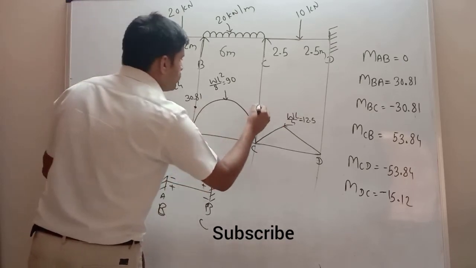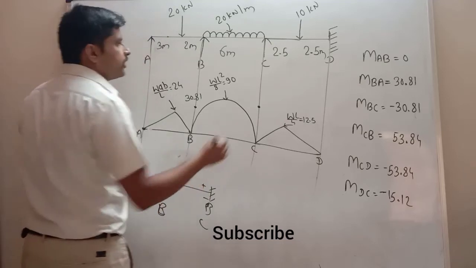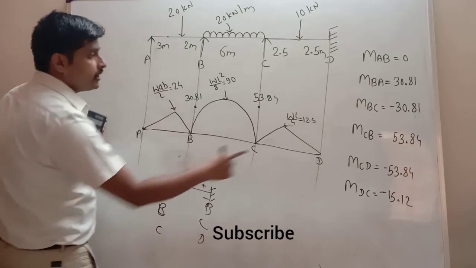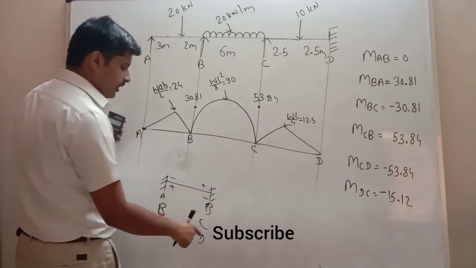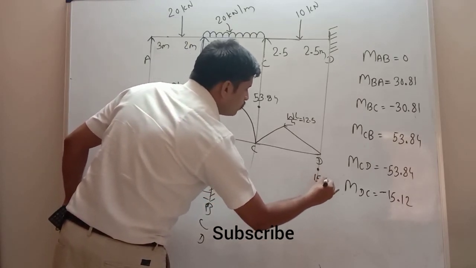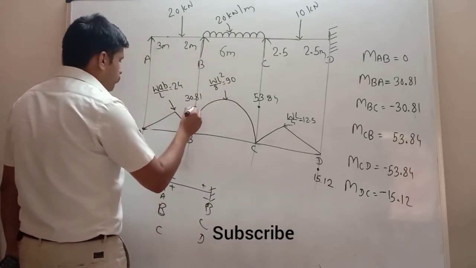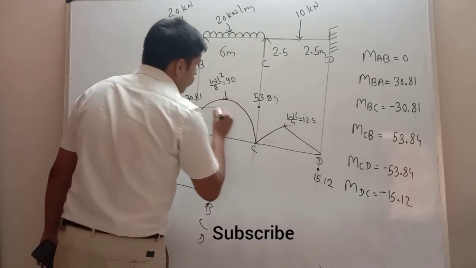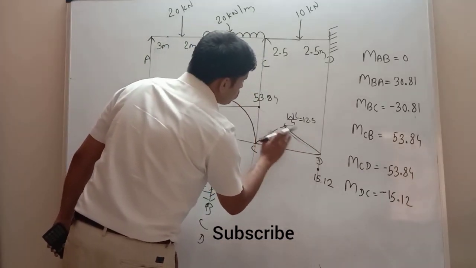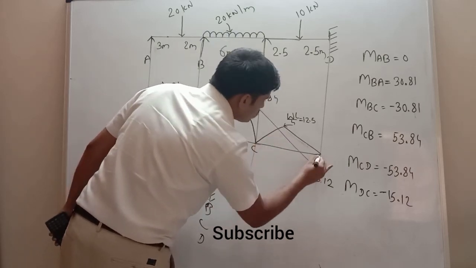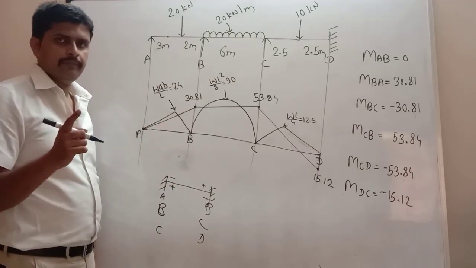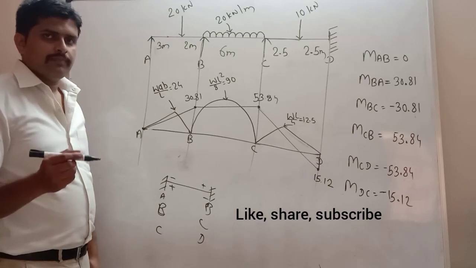CB is plus on the upper side, so this is the point, 53.84. Now CD is minus on the upper side, the same point, and DC is minus, so it is below the line, that is 15.12. So I will join all the points. Sorry, I should have joined like this. So this is our final bending moment diagram. Thank you, and please